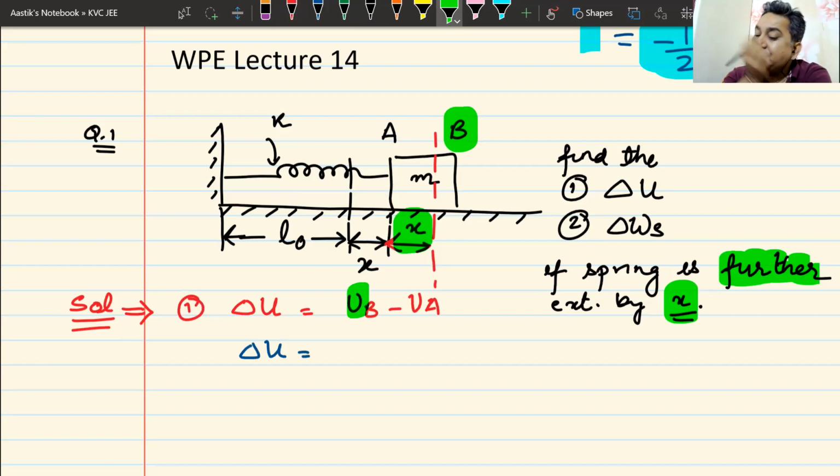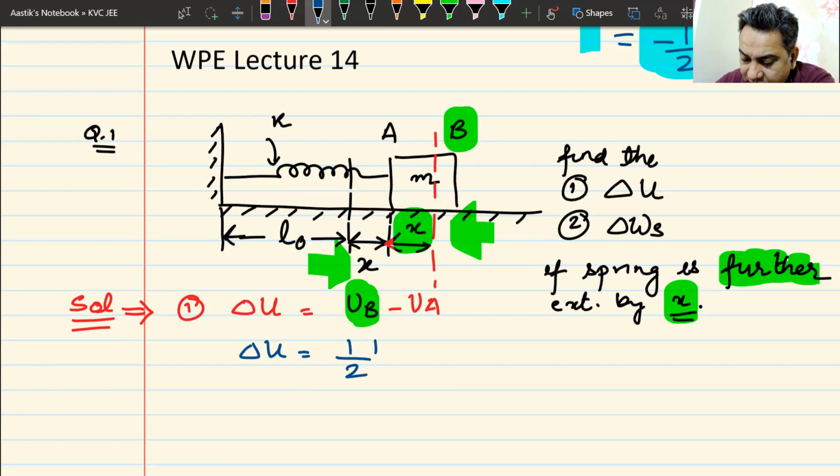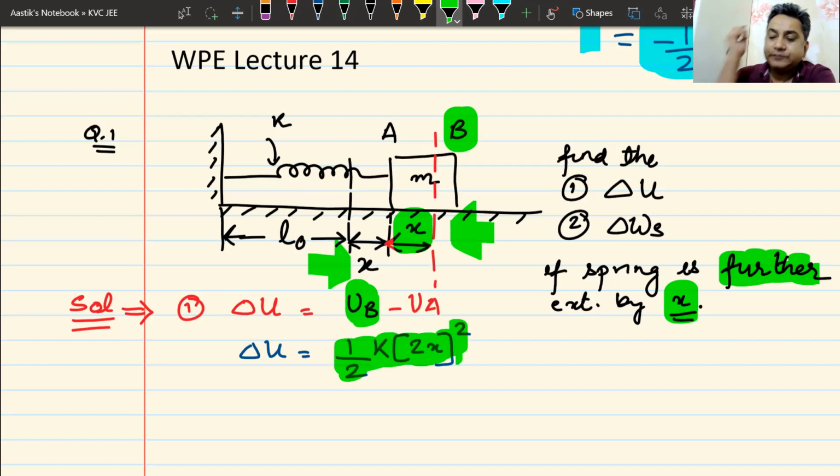Now, when you look at the green point, you have to find the extension. How much is the extension? In the green case, x is here and x is here. So the total extension will be 2x. Remember, whenever we are trying to find the energy stored in a spring, it is half kx squared, where x is the extension in the spring from the mean position, that means from the natural length. So this becomes half of k into 2x, which is the extension, squared. I hope everyone understands this. Can I have some raise hand that we understand this? Why I'm using 2x? Great.